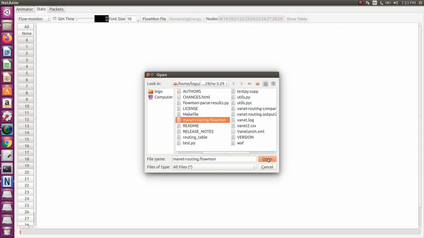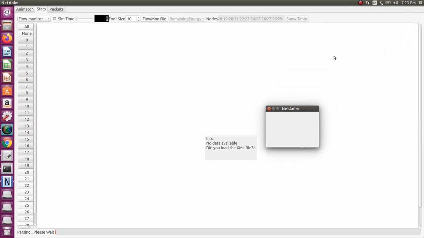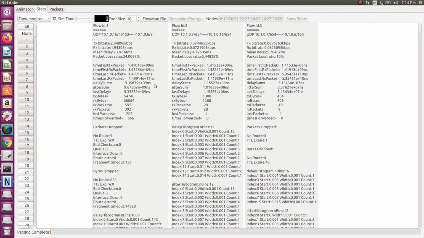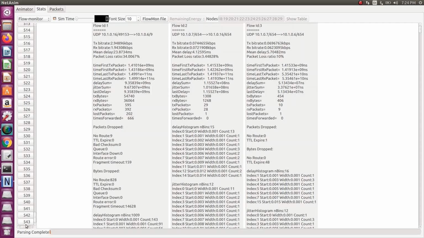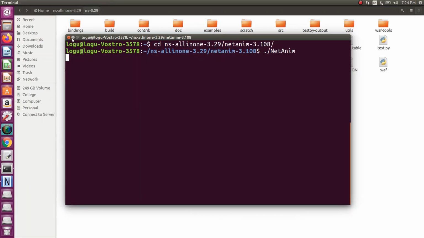I cannot change the name, because it is already available. Now you are getting different flow IDs. You can get all the information: transmitted packets, received packets, we have a lot of information. We are getting each and every flow ID. The total number of flow IDs we have is 543. Okay, so you can check each and every flow ID using this Flowmon file.